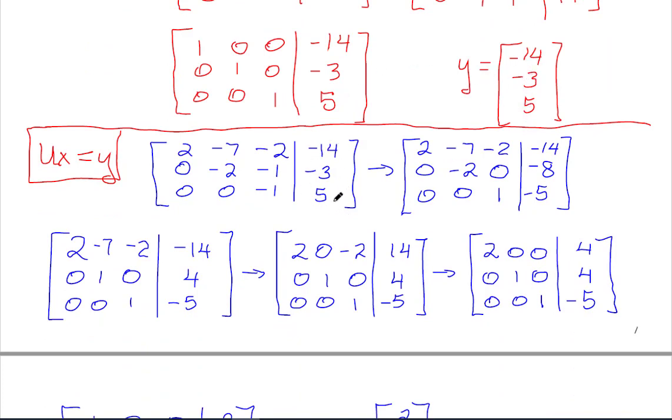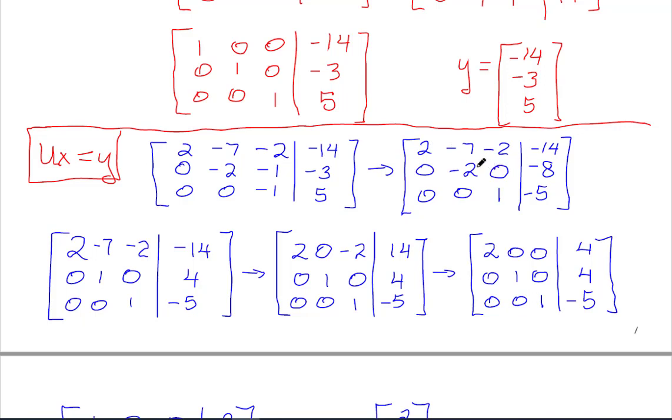So now I'm going to take that answer, the minus 14, minus 3, 5, and it becomes my new right-hand side, and I'm going to solve for x. So here's U, my upper triangular matrix. We do the same situation of making ones and zeros. I'm just going to stick with this 2 for now because I don't want to make fractions